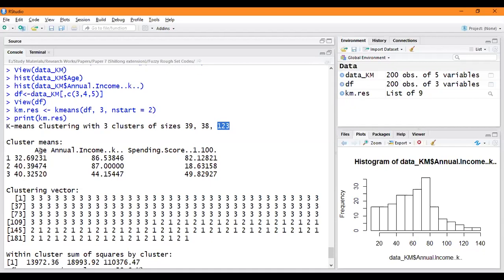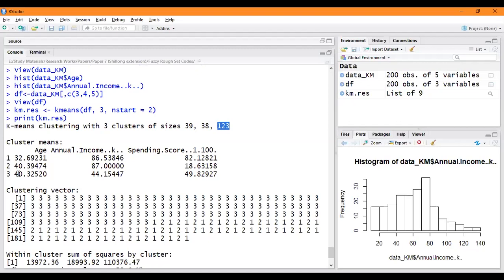Now these are the cluster means. Cluster means, since we have three clusters. Now if you want to relate it with the example of cards that I have taken, in the example of cards I had taken only one attribute. What was the attribute? It is the number of the card, right? The number of the card was the only single attribute that we had taken, but we could have taken other attributes.